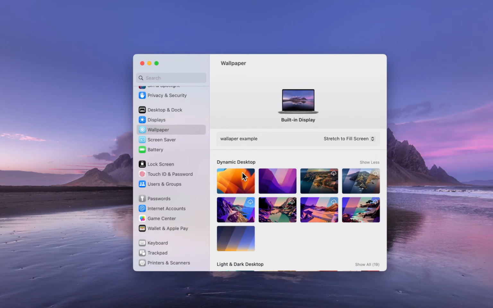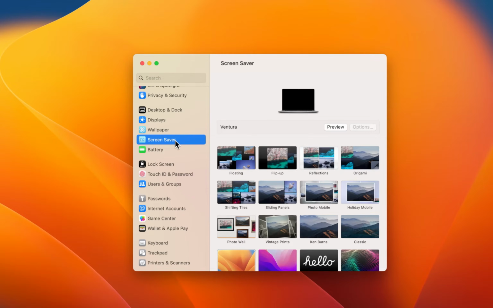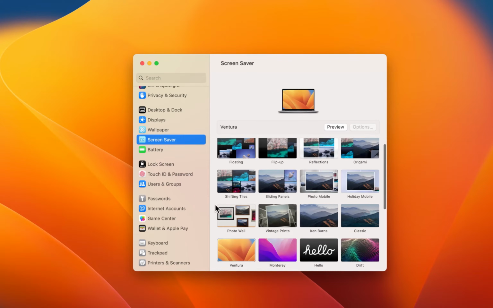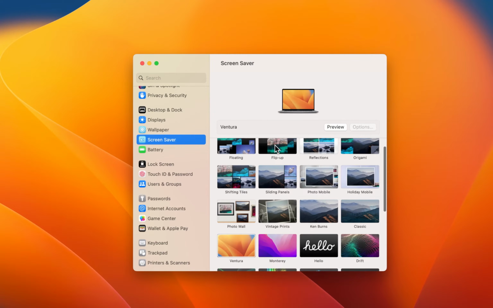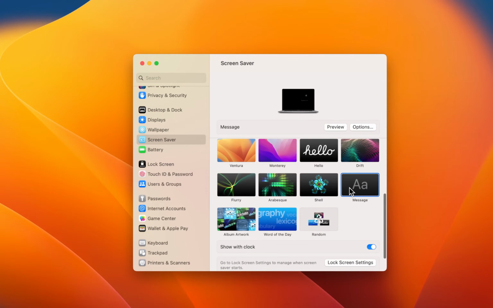After selecting your preferred wallpaper, navigate to the Screensaver settings. You have the option to preview the selected screensaver when clicking on Preview. Below, choose a screensaver. The first few will display images saved in your photos. Below, select one of the classic Apple screensavers or use Message to display a custom message when the screensaver is